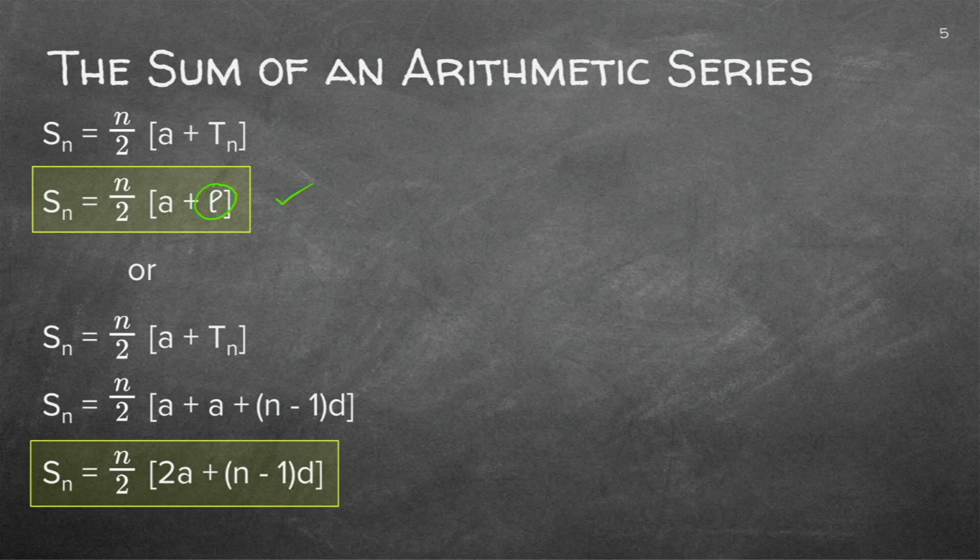But now what if you do not have the last term, which in many cases is you don't have the last L? Then you need another formula. Now you can remember Tn is actually a plus (n minus 1)d. So can you see what they did there? They just replaced the Tn with a plus (n minus 1)d because that's the formula that you know for Tn. And then we added the two a's, which gives me 2a. So here is the other formula.